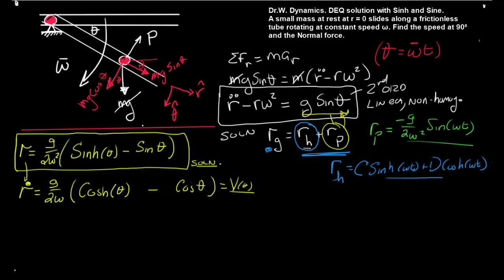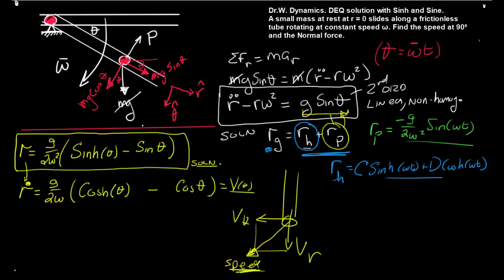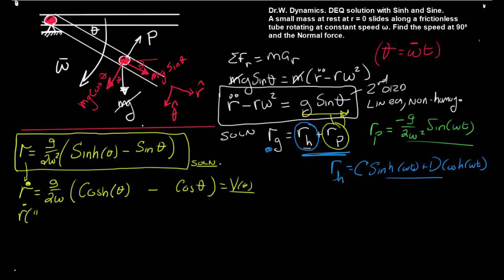Find the speed. That's an interesting word, isn't it? Speed is not the velocity. It's the raw speed of this as it exits the pipe. Well, think about that. As it exits the pipe here, we're going to have a speed of v_r, but we'll also have a speed of v theta. And we need to put both of those together, and that will be the actual speed at 90 degrees. r dot at pi on 2